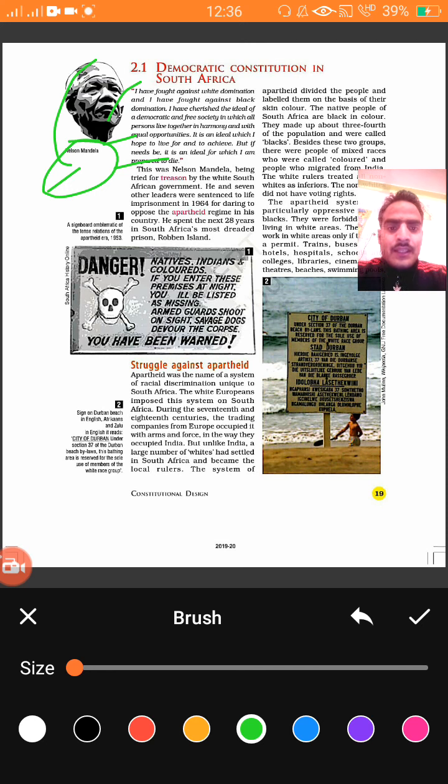Okay, the South African government, he and seven other leaders were sentenced to life imprisonment. Life imprisonment means lifetime under prison. Okay, this means